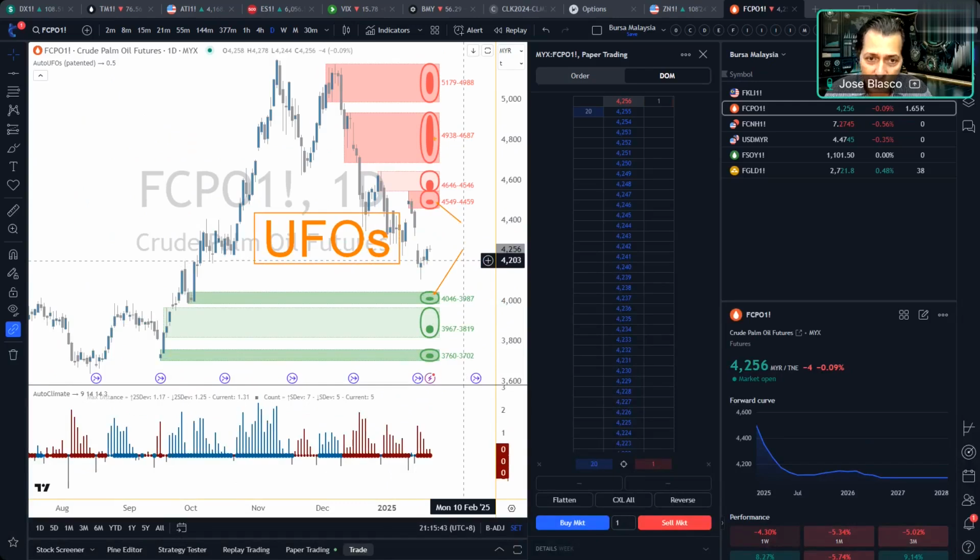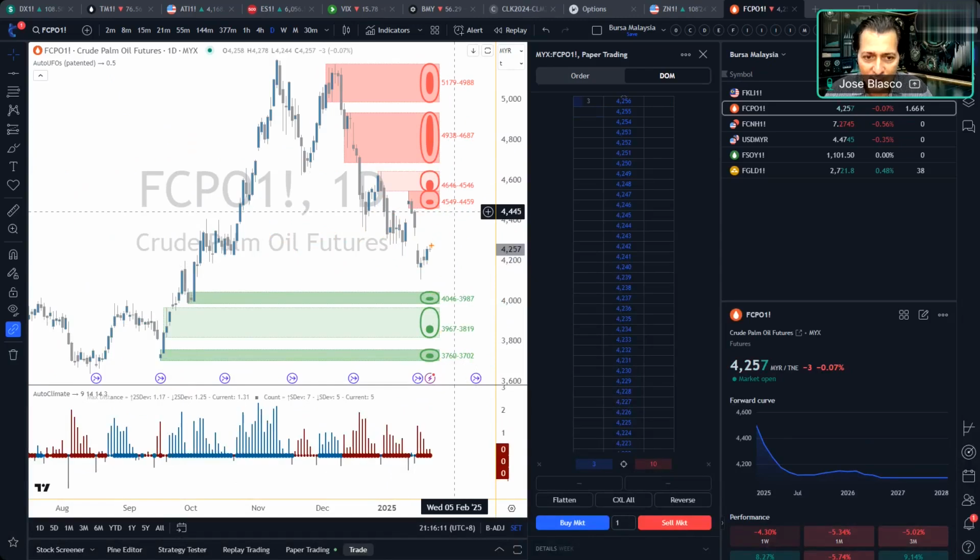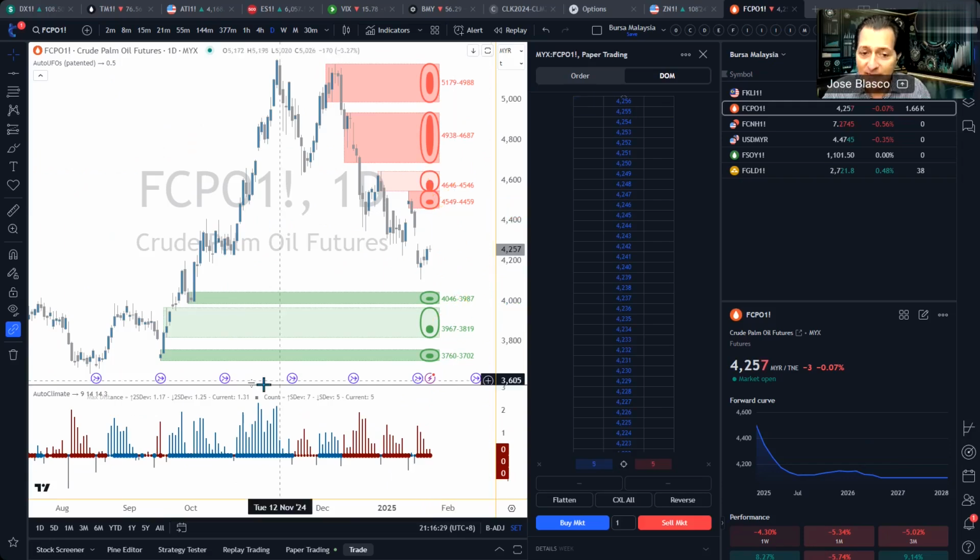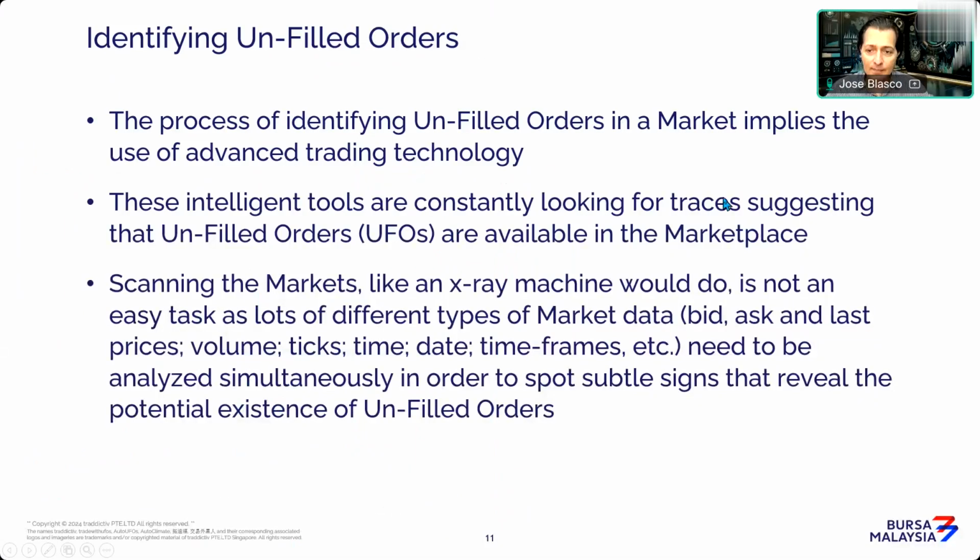But these, of course, look like flying saucers. So we call them UFOs, and they represent red colors, sell on-field orders, and green color, buy on-field orders. So the expectation is that when price goes to the red, it will fall down. When price goes to the green, it will rally up because the buy orders will change status from on-field to filled at this price level, and the sell on-field orders will change status from on-field to filled, creating this huge pressure to the downside and moving the markets up and down just because of the order flow. Okay? So we need technology.